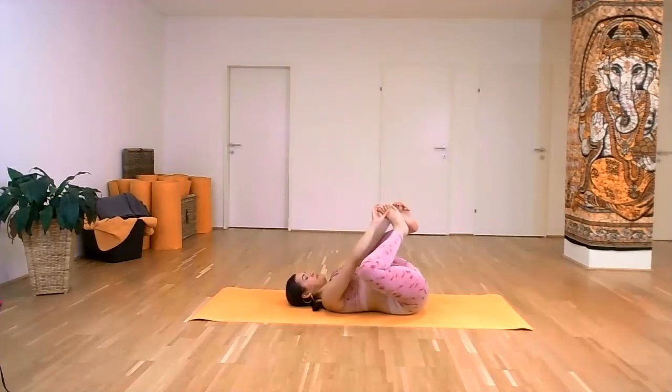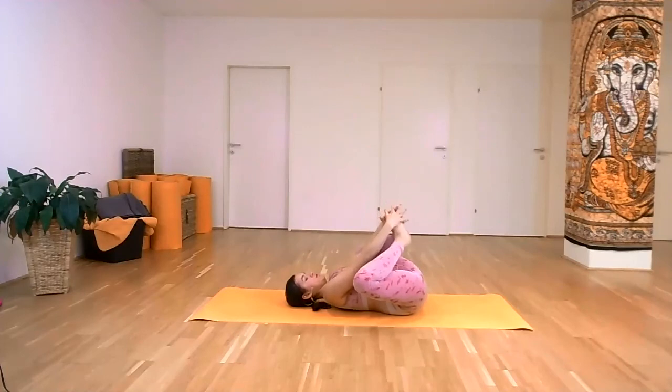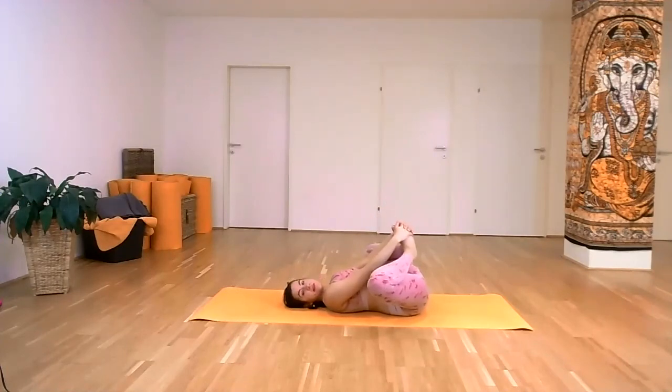Feet together, clasping your hands, holding your feet. Pushing the lower back on the mat. The lower back should be flat on the mat. We are doing a counter pose after this intensive back bend,